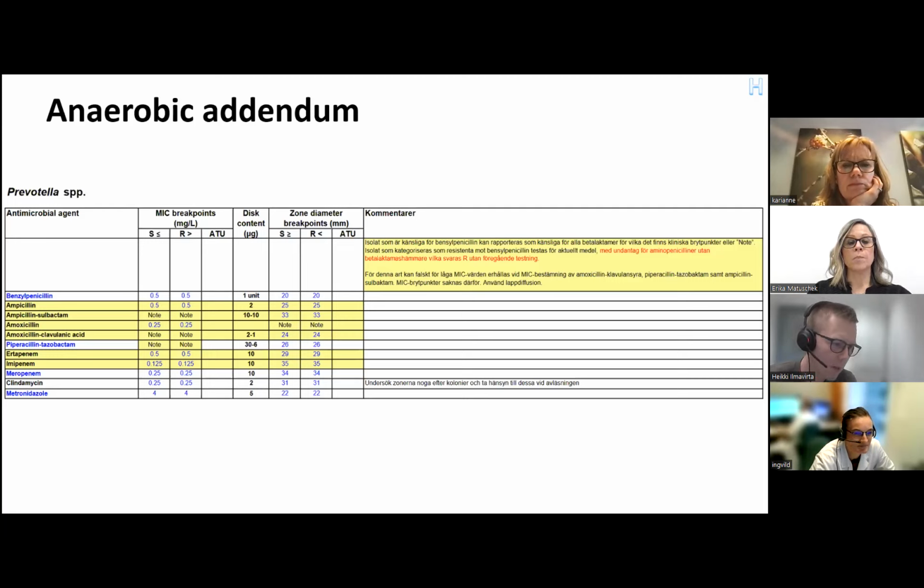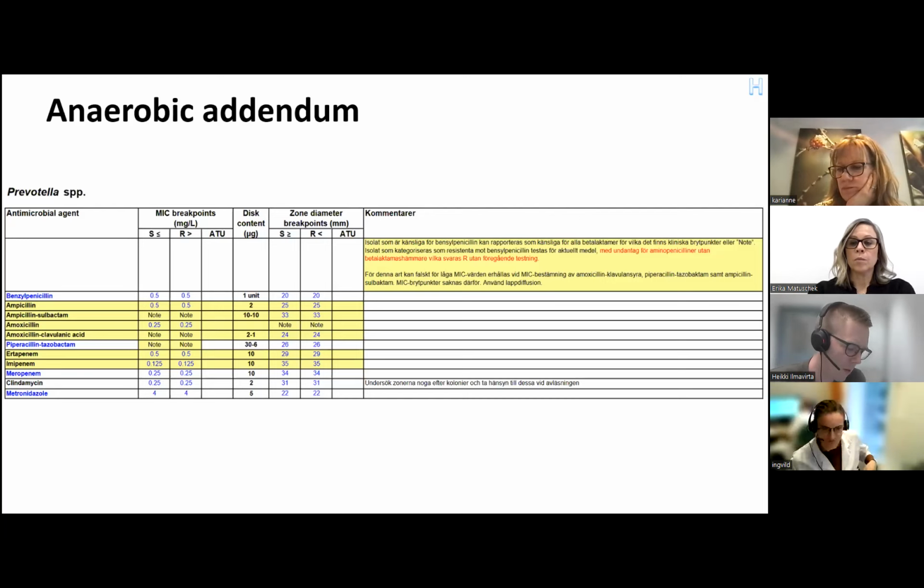And then we can see also another new comment here, which applies to ampicillin sulbactam, amoxicillin clavulanic acid, and piperacillin tazobactam. Because for these, the MIC determination can